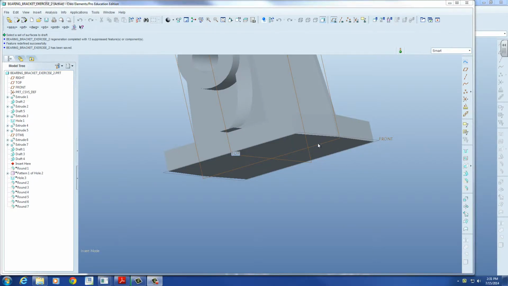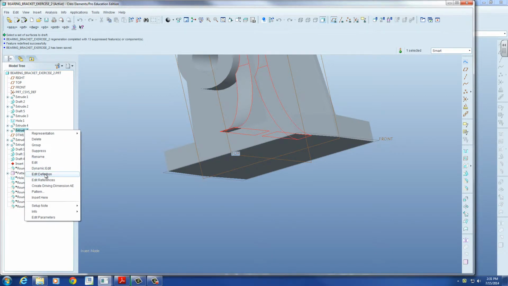This is the second recording, starting with where we had a separation of these ribs. Now we have a separation of these ribs. So let's edit the definition of that extrusion. We have to bring it deeper down in there. So if I edit the definition here,